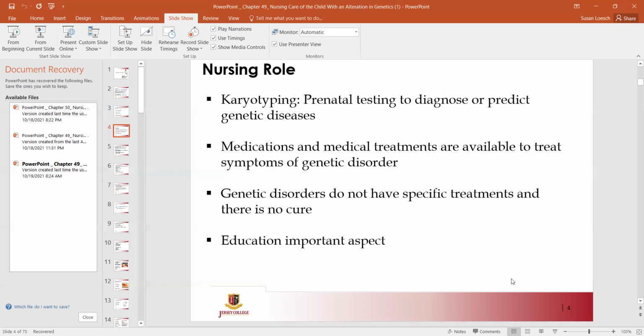Inversions happen when some of the chromosome breaks off at 2 points, and then it flips upside down and it's reattached during the repair process. So the genetic material is actually inverted. When we have inversion, there's actually no loss or gain of the chromosome material, and the carrier is phenotypically normal. But they do have an increased risk for things like miscarriage or having abnormal offspring that can be affected by